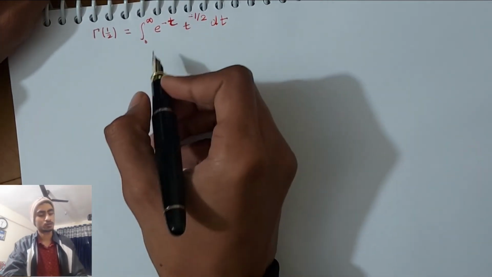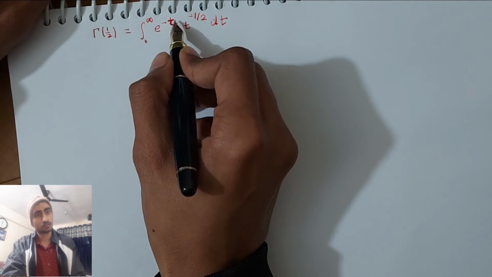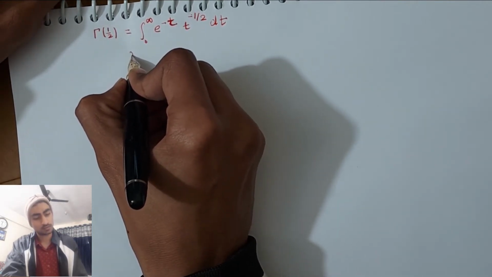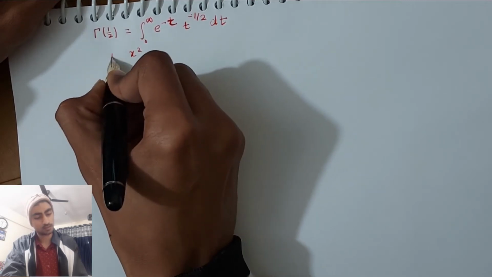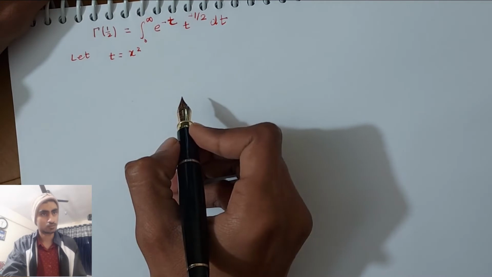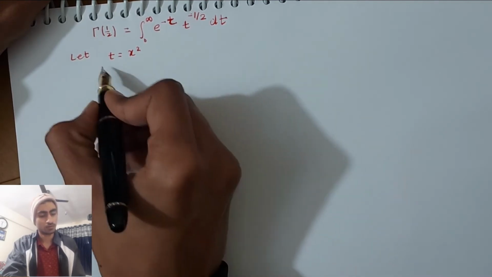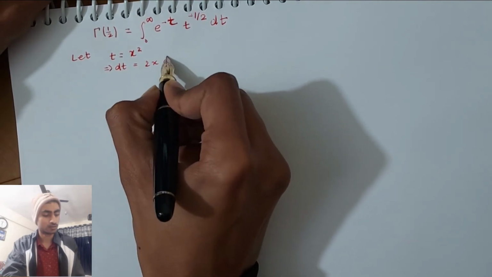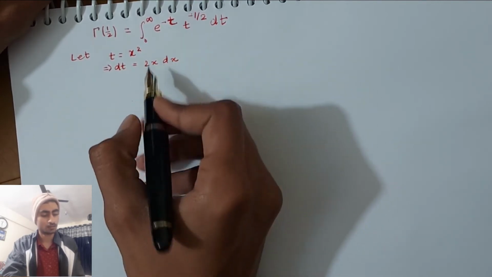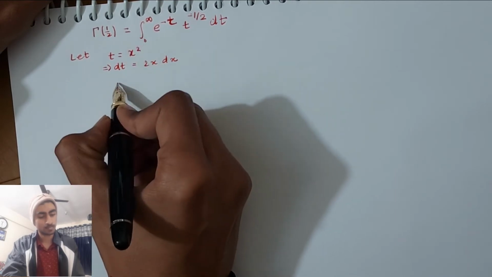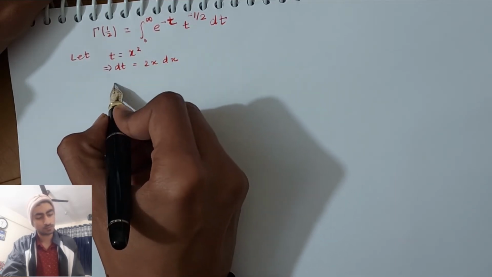Let's substitute x squared in place of t. Let's see what we get. If we substitute x squared in place of t, let t equal x squared, then we can write dt is 2x dx. Let's put the values in that. So let's say gamma of 1/2